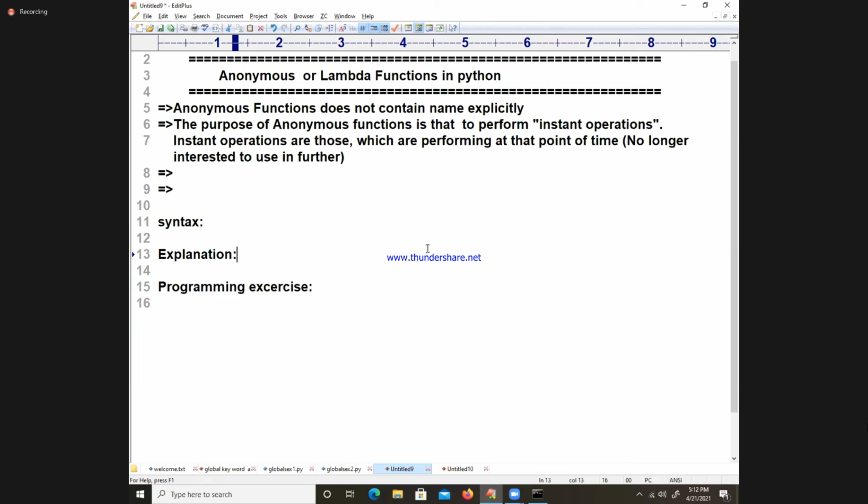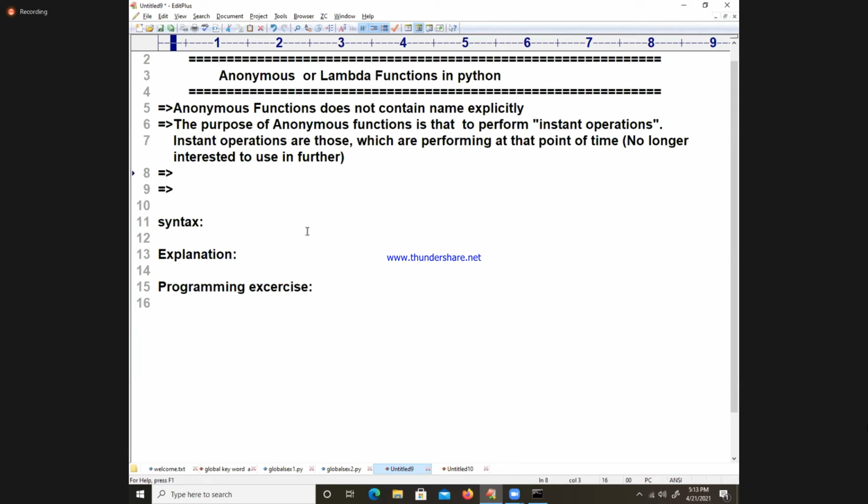Because when I enter into the subject, you will understand. I will enter into the next filter function, map function, reduce function, which you will use many times in real time. That time people will write anonymous functions. You can write normal functions also, no problem. So anonymous functions are defined by the programmer only. They are known as programmer defined. They are not built in. We are defining them for performing instant operations.